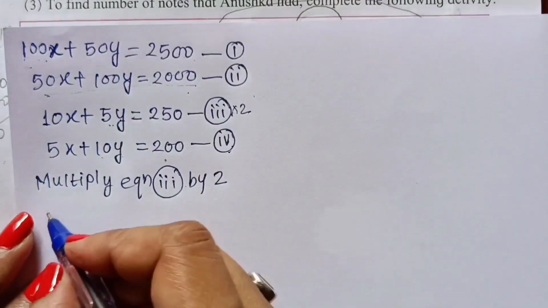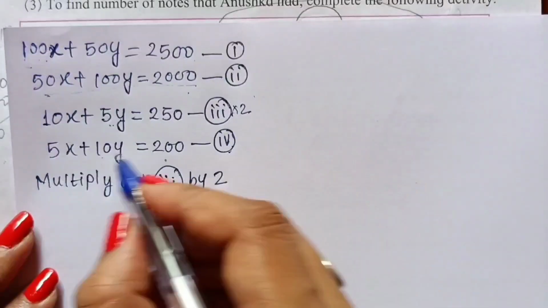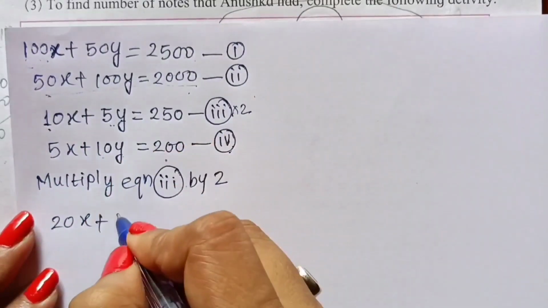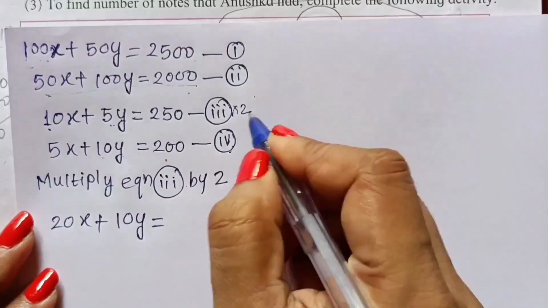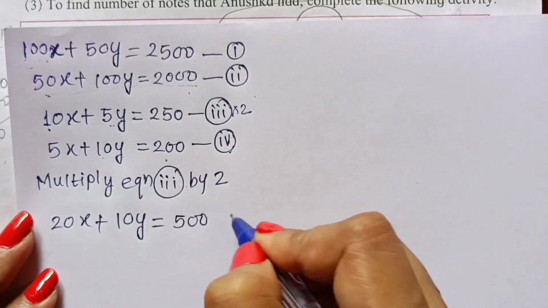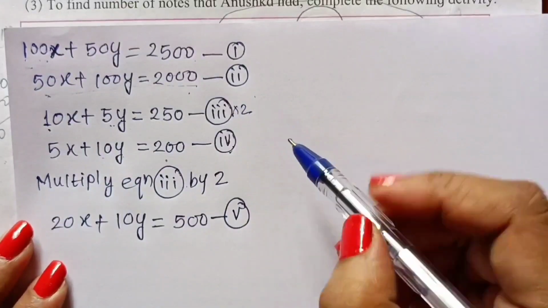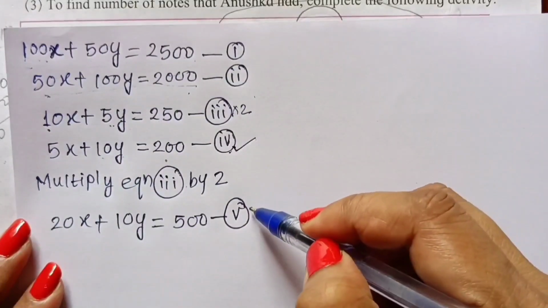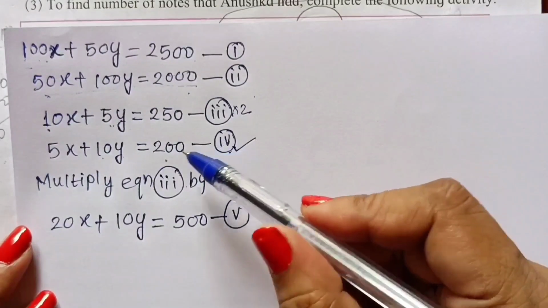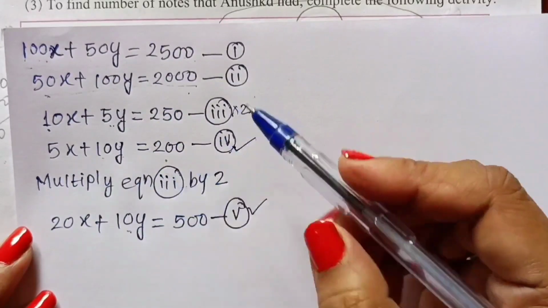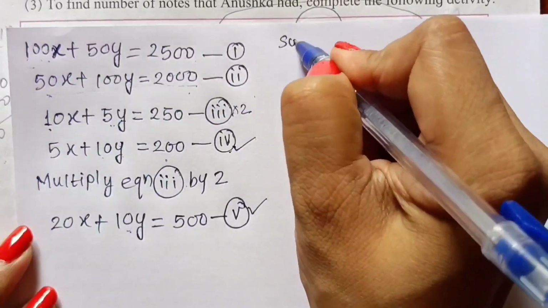Okay, so what we will get? 10 2s are 20x, 5 2s are 10y, 250 2s are 500. This is equation number 5. Now for the elimination method, we will be considering equations 4 and 5. Both the equations have a plus sign, plus 10y, plus 10y. That means we will have to subtract. So let us subtract